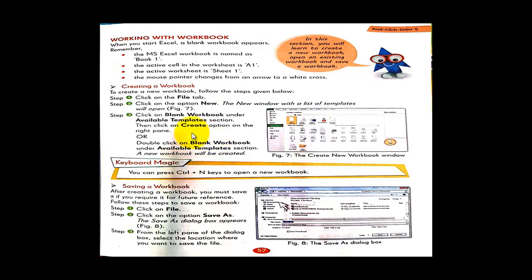Or keyboard shortcut to open a new workbook is Ctrl plus N. Now this also you can underline. You can press Ctrl plus N keys to open a new workbook. See underline to solo. Now I may ask this in exam also, like the question may come like this. What is the keyboard shortcut, or write the keyboard shortcut to open a new workbook? Keyboard key shortcut to kaino workbook ama hangna ba haiga means file changaga option da changaga new da changaga blank